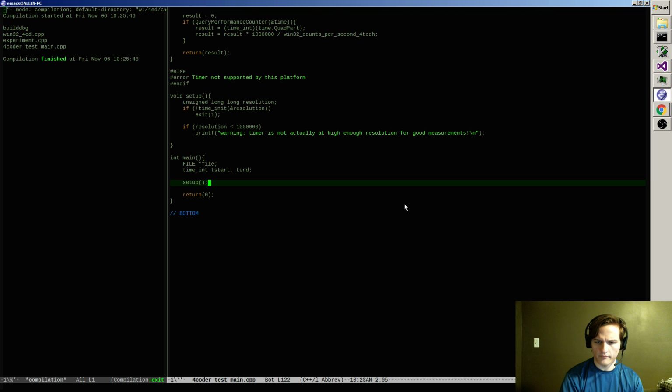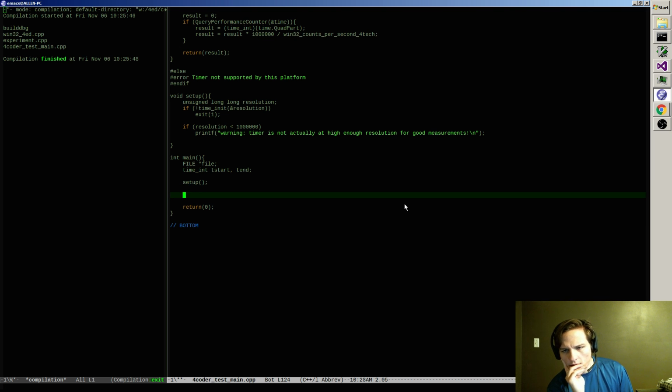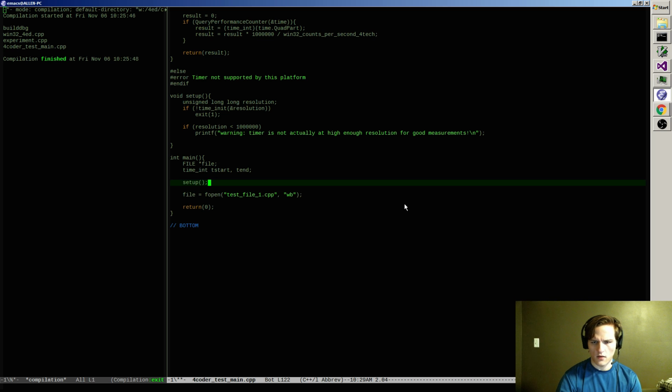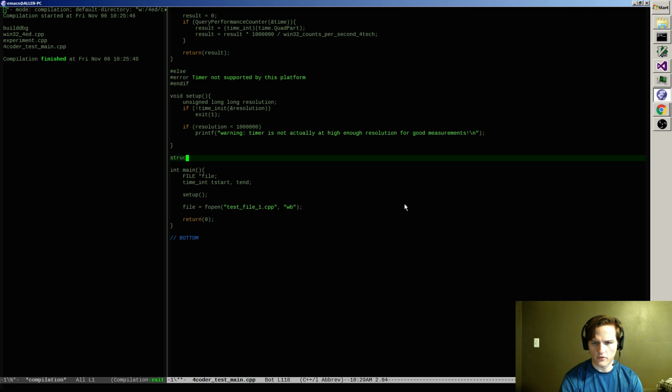We'll run the setup, and then, though I don't have to have that resolution variable sitting there annoying me, I'll do an fopen on some test file 1, read binary, okay, and then at that point I probably want to introduce